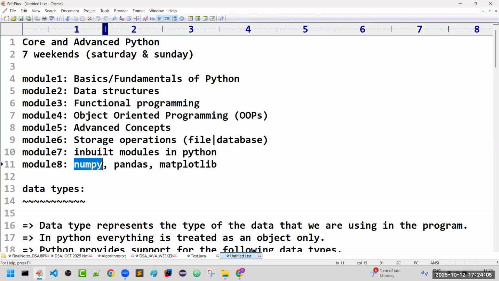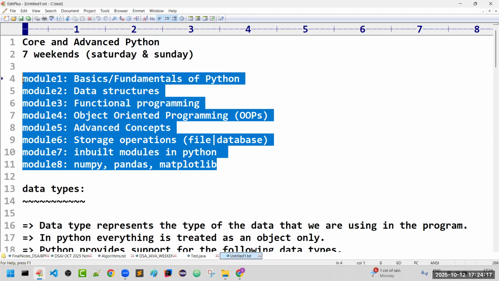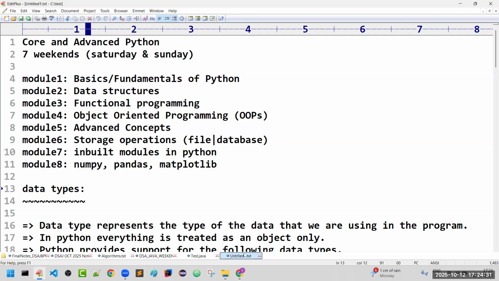So what is NumPy? How are you going to work with this module? These three are related to data science libraries. This is nothing but the content we are going to cover as a part of this, and it is a totally 5 weekends batch. Sorry, 7 weekends batch. The timing of this session is from 5 p.m. onwards. So now, if you have any queries, of course, yesterday we had a very clear discussion about the syllabus. So if you have any queries, please let me know so that we can proceed.